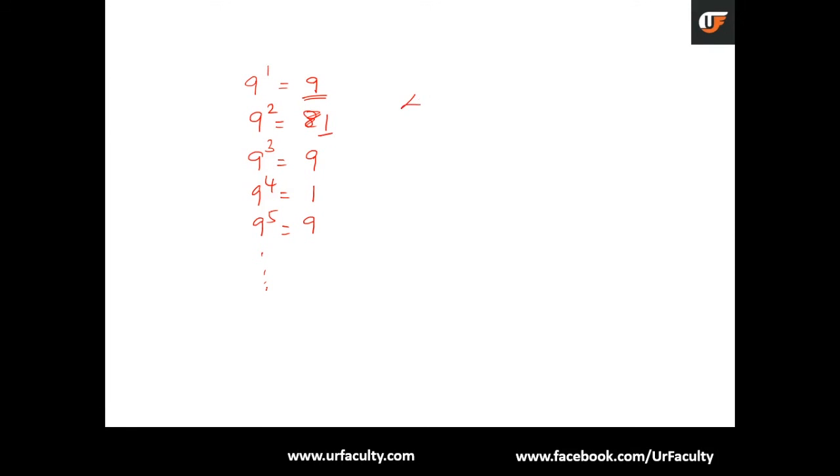Let's look at an example. 489 to the power of 127. We can blindly take the answer as 9 because the power is odd. It's that simple. So the unit digit is basically 9. And if it is 489 to the power of 126, the answer is 1. If you understand the cyclic nature of the powers, you can easily solve these kind of problems that come up in your CAT exams, bank exams, GRE or GMAT.